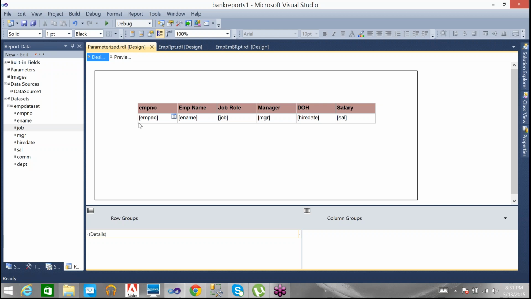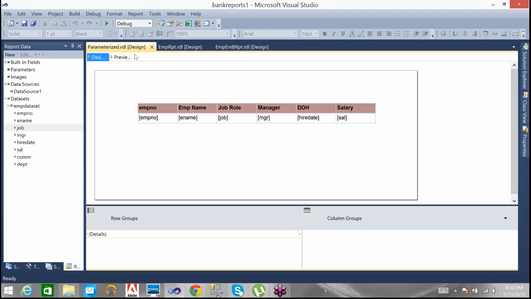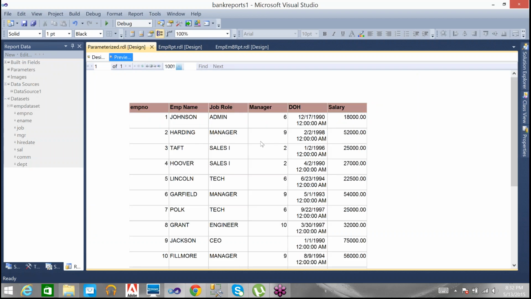If I'm asking the same questions in the SQL statement, what are you going to do? Display the admin employees. Display the manager employees. Display the sales employees. What are you going to do?